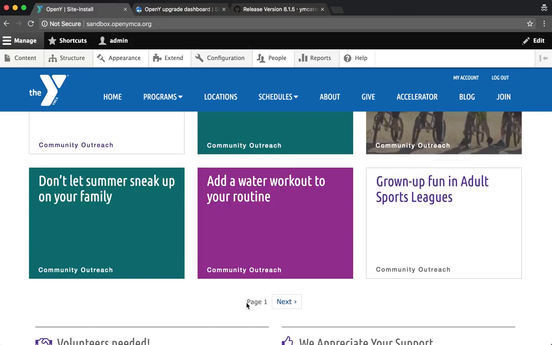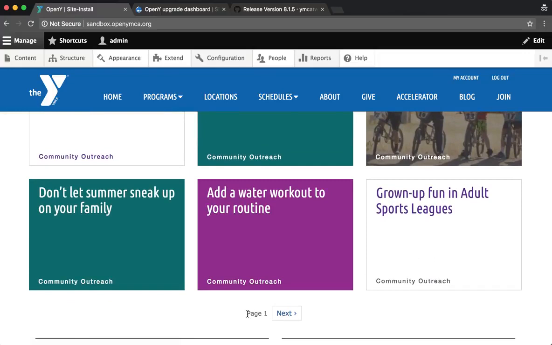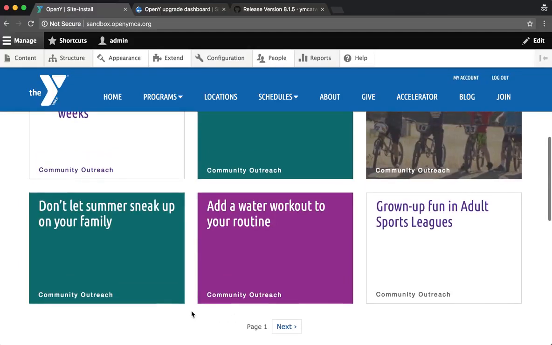updates the label for the pager that we've seen before from load more to see more. So a tiny change, but in this particular use case, the OpenY will try to update the same property of the configuration that we've manually changed for our specific requirements. And this is where we will have a conflict, because on the left-hand side, we have the custom change on our instance of the OpenY. On the right-hand side, we have an update that will try to update the same property